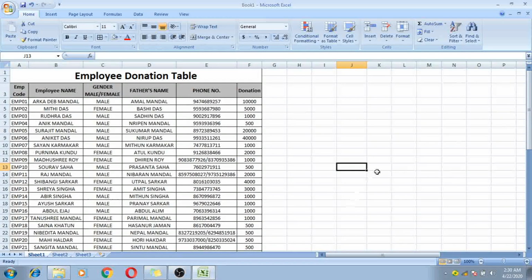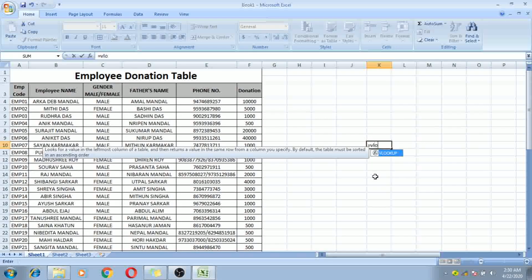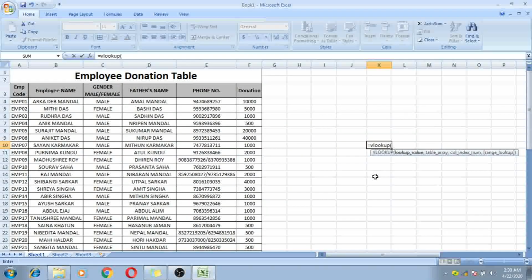Just click on any cell where I want to display the result, and then write an equal sign before writing the VLOOKUP function. Then write VLOOKUP, then give the first bracket, then we need the lookup value.